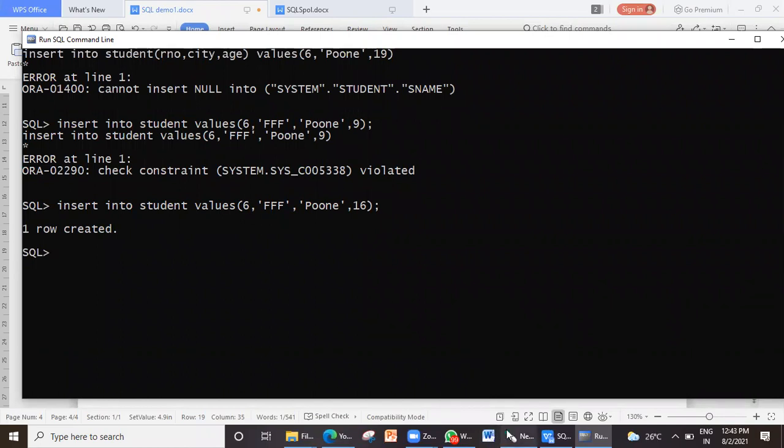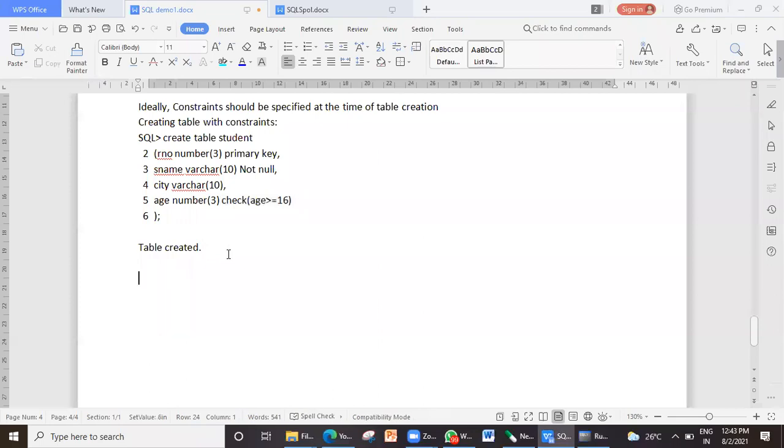Let me explain it with the notations. Foreign key constraint.